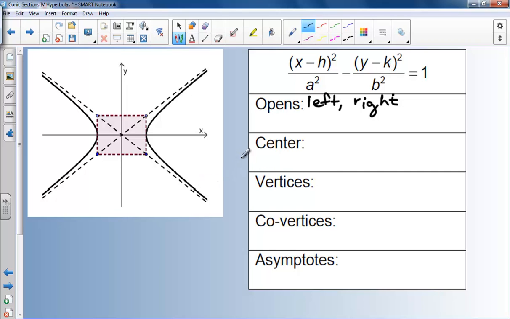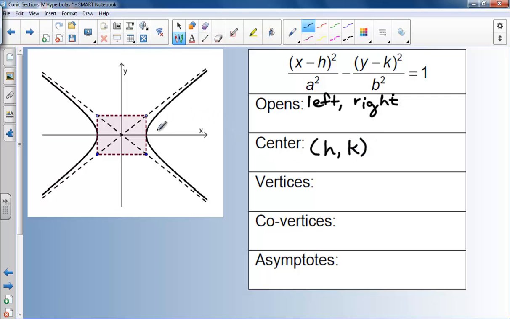But because of that negative sign right there, it takes this shape that used to open inward towards one another, and flips it to where it's now opening outward away from one another. So I still have this center point, h, k,